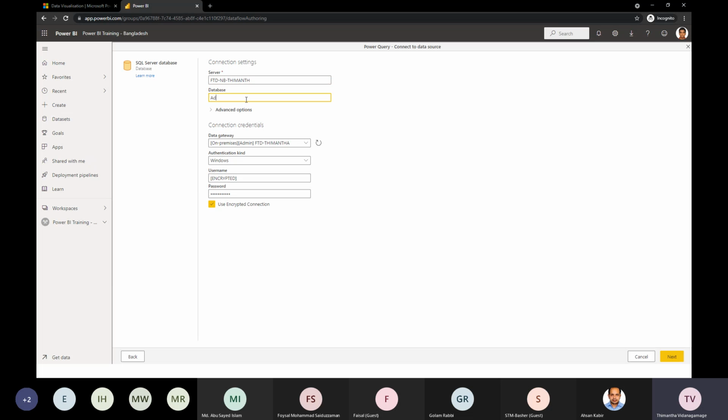If it's you, you will have to retype it and make sure that the credentials you entered are right. I would enter my database name for ease as well. It's AdventureWorks 2017, and click on the Next option